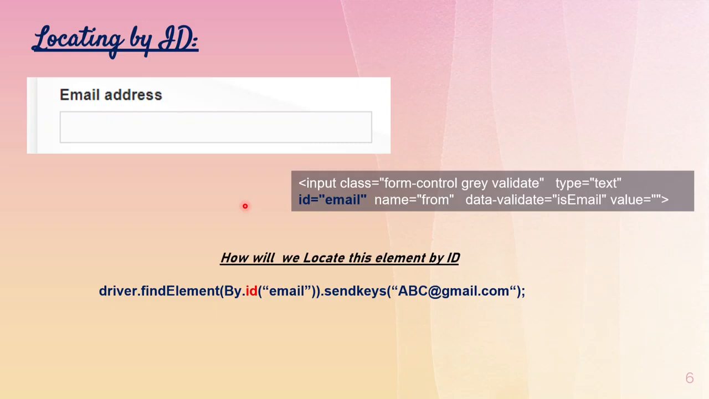Okay. Now let us assume this is your text box, email address, and you want to send some value over here. You want to automate this field. You want to inspect this field and send some value. How are you going to do that? This is the HTML syntax that you have for this text box. So how will we locate this element by ID? We will simply write